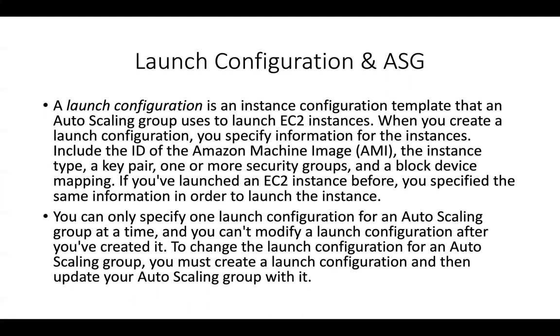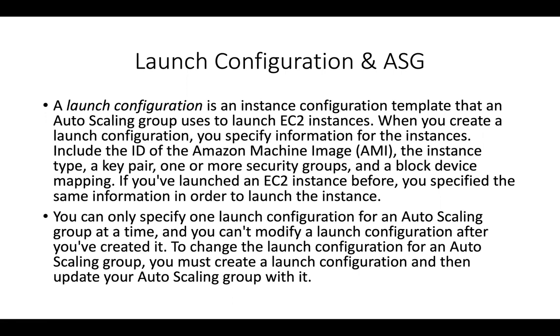The only reason why you will need a launch configuration is that if the auto scaling group itself decides to add any new instances, or decides to terminate any instance, and when it launches a new instance, it should know what AMI or what configuration it needs to have, right? So you shouldn't be the one doing those configurations manually. You should set it in stone once, and then the auto scaling group is going to take that configuration and use it to launch any new EC2 instances which are similar to those that are currently running within the auto scaling group. So for that, we need to specify a launch configuration to our auto scaling group.